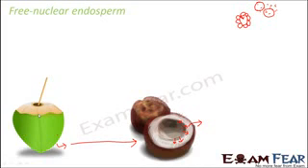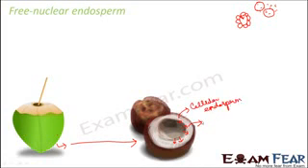Now as the water content keeps on decreasing, the thickness of that white flesh keeps on increasing, and that is why in a completely matured coconut there is hardly any water, and sometimes the water which is left turns milky, and it is surrounded by the cellular part. This portion is the cellular part, which is called the kernel, and it does not contain any more free nuclei. They have all got surrounded by cell walls, and a cellular endosperm has formed.